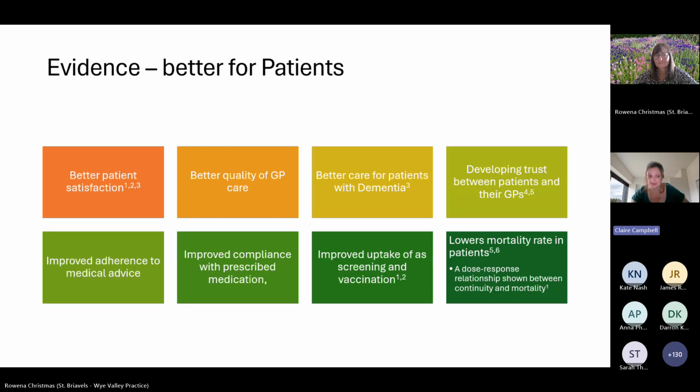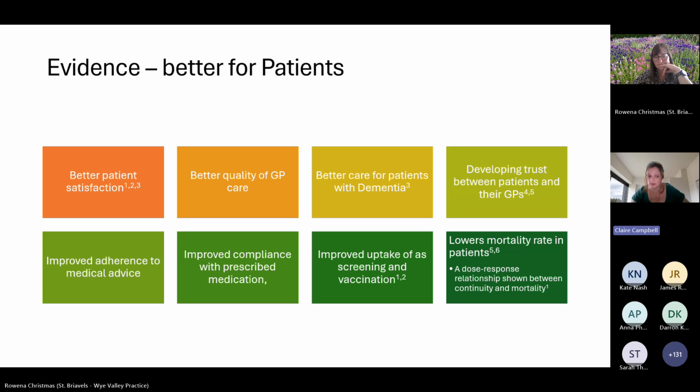So looking at the evidence, I mean, the evidence is really compelling. Patients are more satisfied, they adhere better to treatment, they have lower mortality rates, and it's one of the best tools we've got to tackle health inequalities. Looking at this in more detail, we have increased identification of at-risk patients for cardiovascular disease and statin prescribing, improved diabetic control, better life-saving decisions with suspected meningitis, better care for patients with dementia. We're looking at 10% fewer hospital admissions, 35 fewer episodes of delirium, and 57% less episodes of incontinence through the papers and evidence that we've been provided.